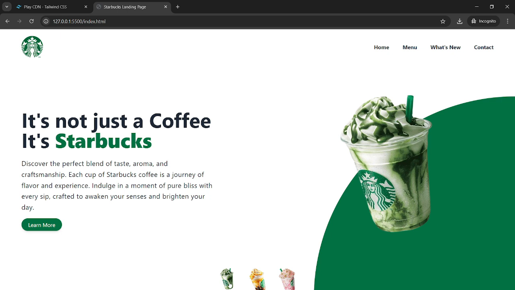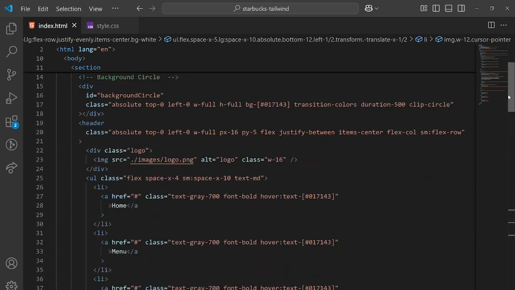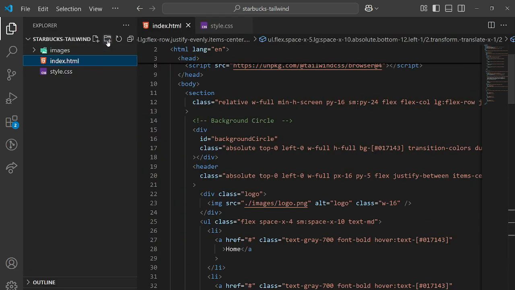So if I click this image, then the same image will be displayed in the right hand side, and that color also comes in the background circle. Same thing happens for this yellow and pink. Okay, so let's do it right away. So for that I need to create a JavaScript file. So the file name is script.js,